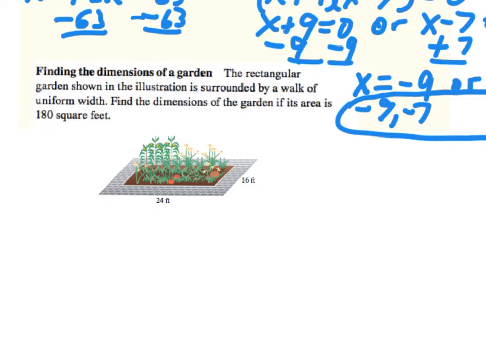So what we need to realize here is that we get the area of a rectangle by base times height. Same thing with the garden, but this 24 includes this walkway on each side. The walkway is uniform, so we can assume that. So what you really have here is that width as x, this width as x, and then the same thing going the other direction. So if I say let x equal the width of the walkway in feet,